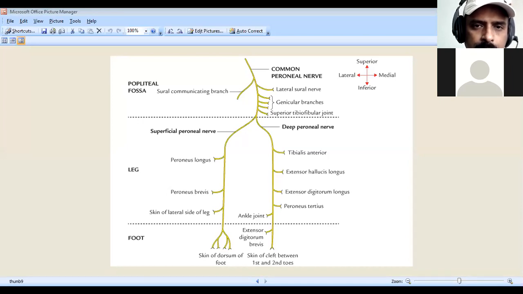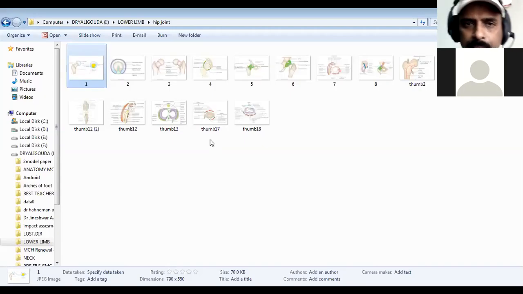Next comes the part which remains after this. We have the joints. Sometimes a question is asked about the common joints, which are the hip joint, knee joint and ankle joint. You have to know these properly first, so that will be a very important thing to remember about the joints. Here almost all joints we are going to study separately.